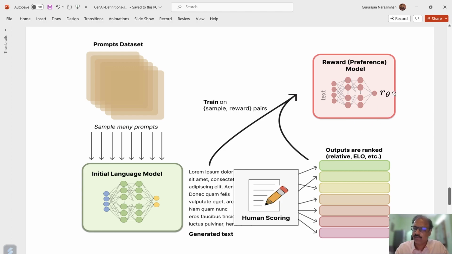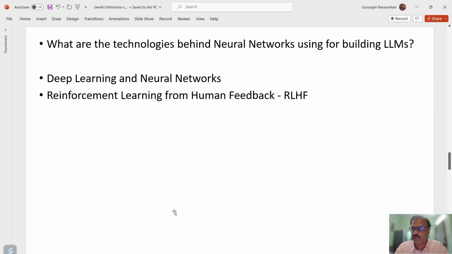So based on the reward punishment system, the language model learns either to use the same thing again and again, or to make some corrections in its technique. So these are the two things which work behind the LLM: deep learning with neural networks, and reinforcement learning